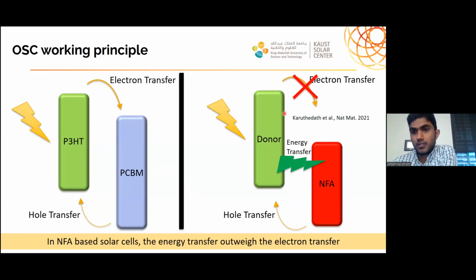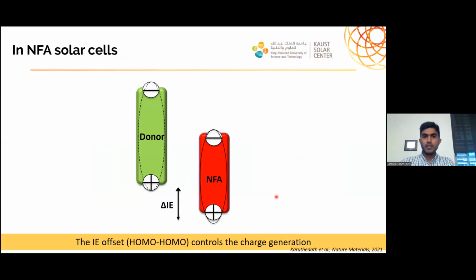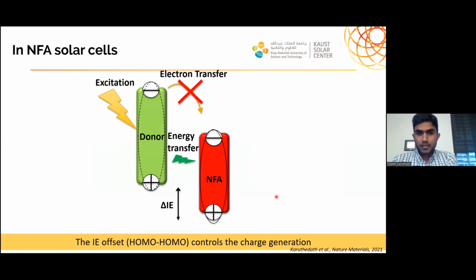I cannot say that there is no electron transfer, but the energy transfer outweighs the electron transfer. So all the excitation, or most of the excitation, moves to the NFA, and then the only way to do the charge transfer is hole transfer. So, showing again,